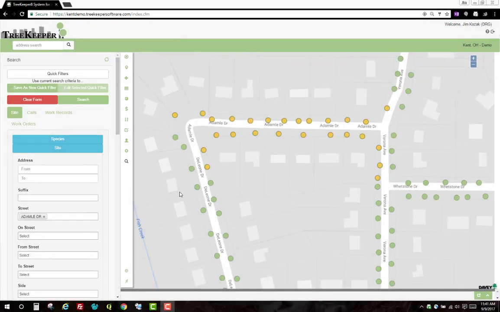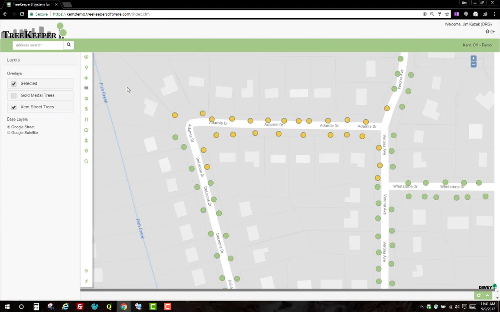Once I hit search, the system will automatically zoom me in on the map where I can see all of the sites that match my search criteria. Those sites are also highlighted in yellow. As a side note, a few things I can do to help identify sites or to just customize the view